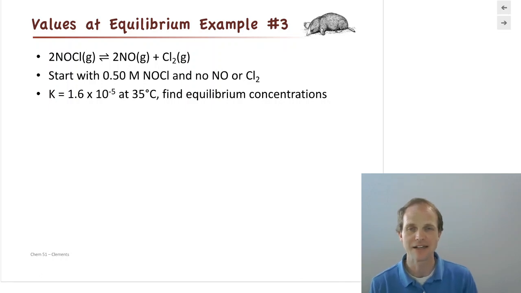Welcome back. Our next example is talking about how we use the equilibrium constant in order to calculate concentrations of things at equilibrium. It is one where we're now starting with NOCl and producing NO and Cl2. And we're going to start again with all reactants. We're working on that for now, and we'll get to times when we don't start with all reactants later on. And no products at all. Our K here is very small, so it's about 1.6 times 10 to the minus fifth.